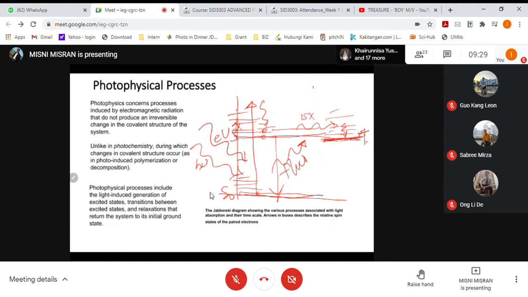And from here, the molecule eventually comes down to the ground state, because this is the most stable state of a molecule. This ground state always has some Boltzmann constant times